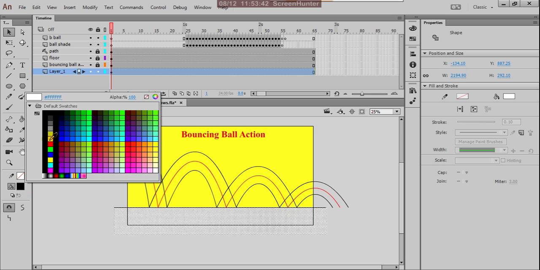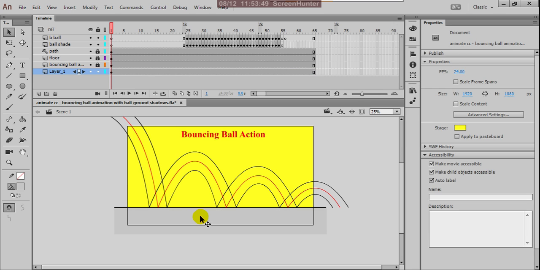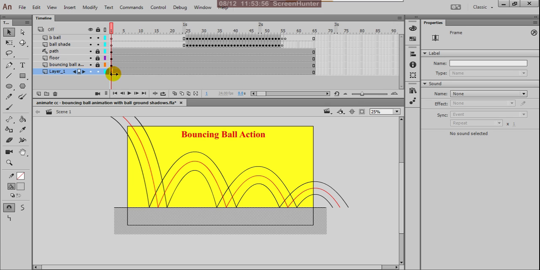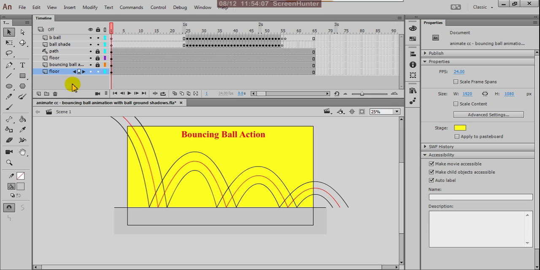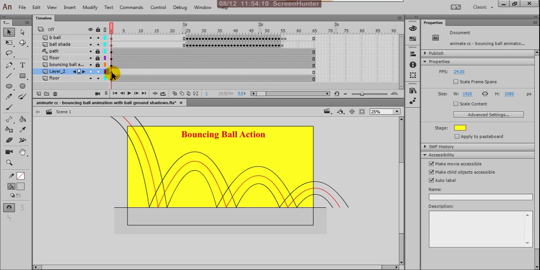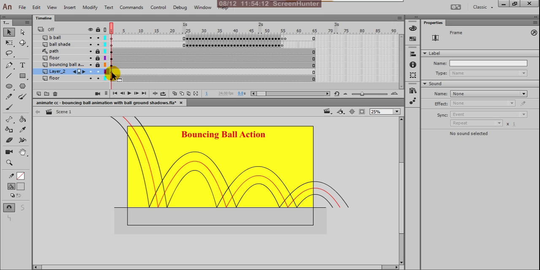This must be a bit lighter, okay, and this control C, and in another layer, suppose this is floor, I'll create one more layer here, and control shift V, paste that.